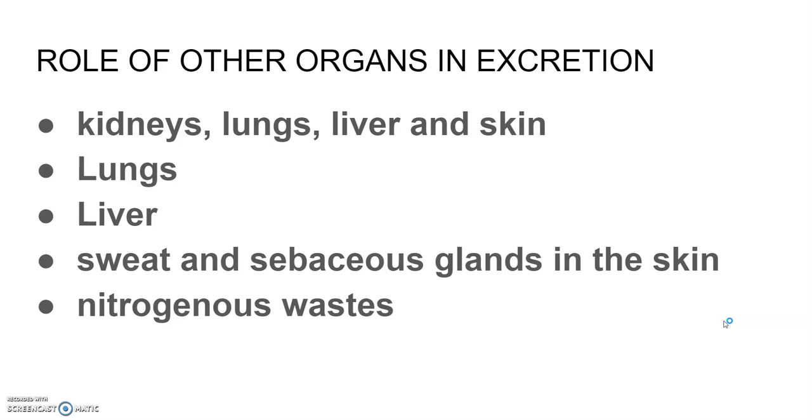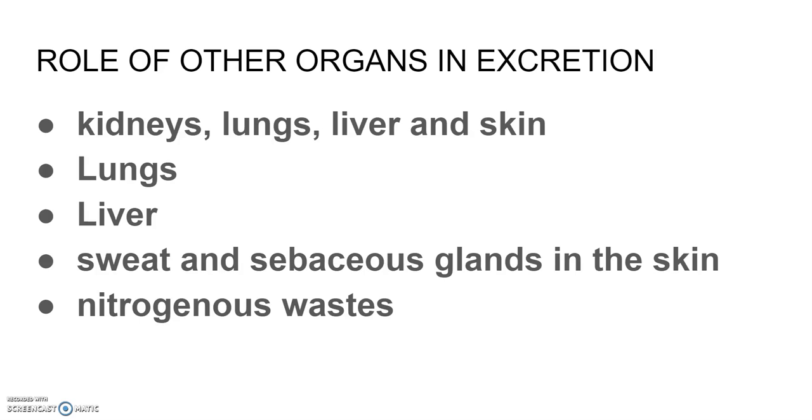Now, role of the other organs in the excretion, other than the kidneys, lungs and skin also help in elimination of excretory waste. Our lungs remove large amounts of carbon dioxide, approximately 200 milliliters per minute, and also significant quantities of water every day. Liver, the largest gland in our body, secretes bile containing substances like bilirubin, biliverdin, cholesterol, degraded steroid hormones, vitamins and drugs, and most of these substances ultimately pass out along with the digestive waste.